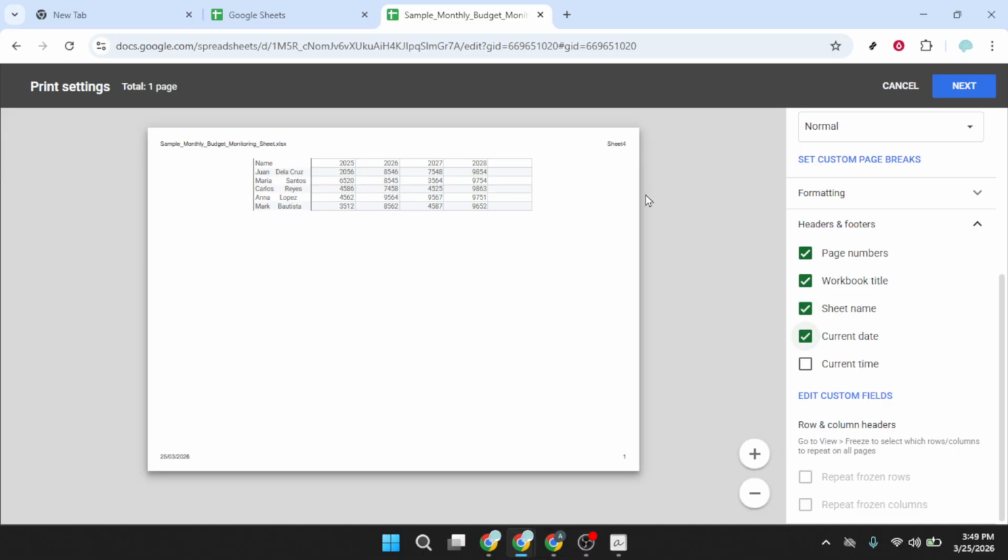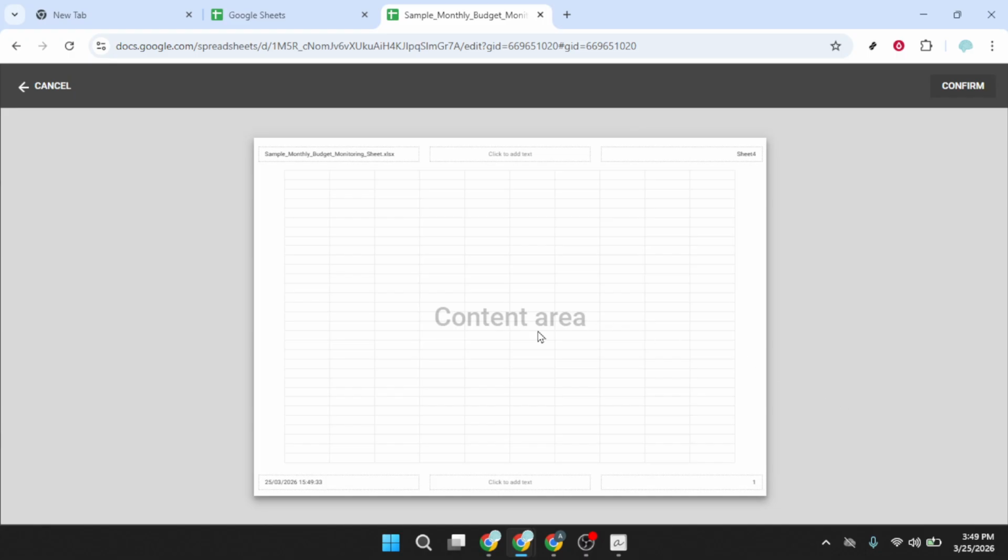If you want something more specific, choose the option to edit custom fields. This opens editable areas at the top and bottom of the page. Click directly into the spot where you want content to appear, left, center, or right in the header, and the same choices in the footer. Keep an eye on the preview so you can see exactly where your text will land and how it aligns